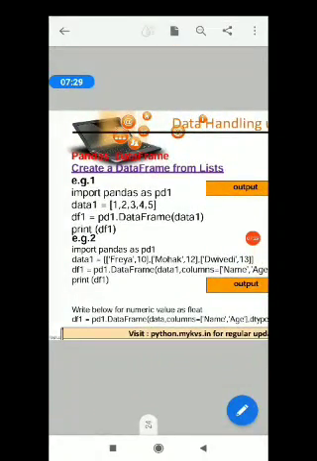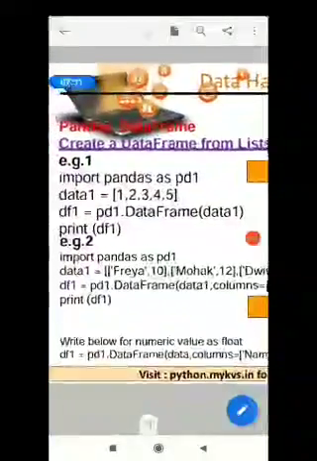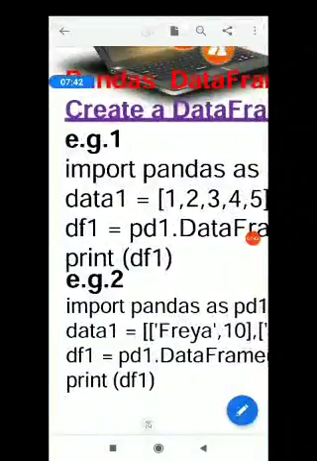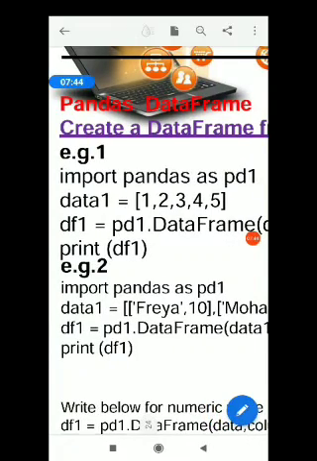Here I am taking a simple list, data1, and from this list I am creating a data frame.